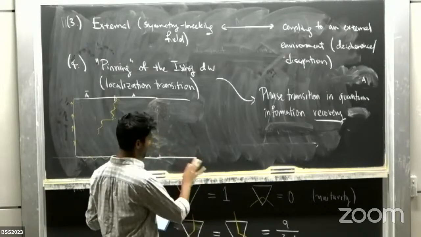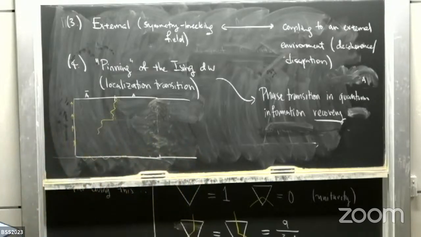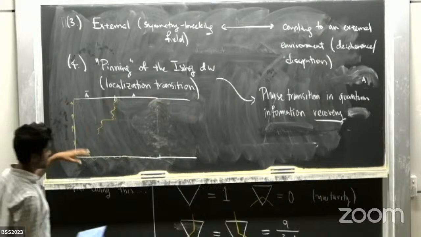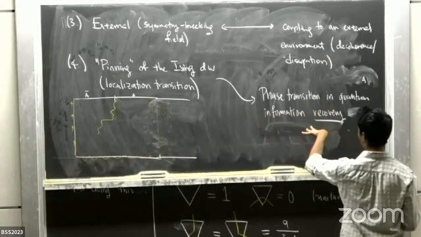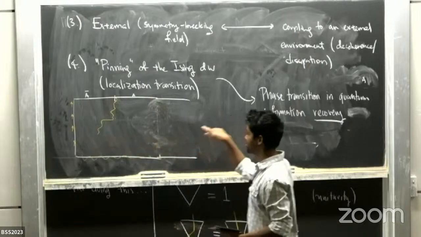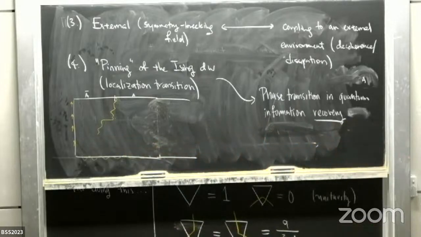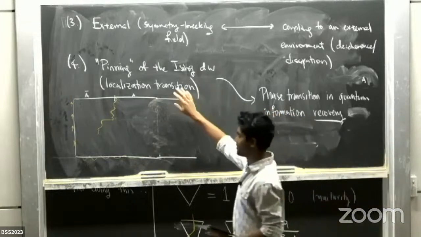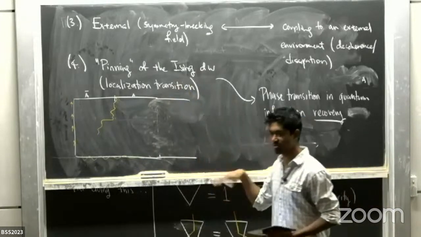So there are a bunch of references in the notes. This work is with Utkarsh Agarwal and Isabella Lovas, which came out a few months ago. There's other interesting work about phase transitions in quantum information recovery in the presence of dissipation, where the dissipation is different to this. There's a paper by Zach Weinstein and Ehud Altman, and other authors whose names I'm forgetting, which is when there's bulk dissipation. And there, you can also think of that phase transition in the Ising domain wall picture, I think, but still